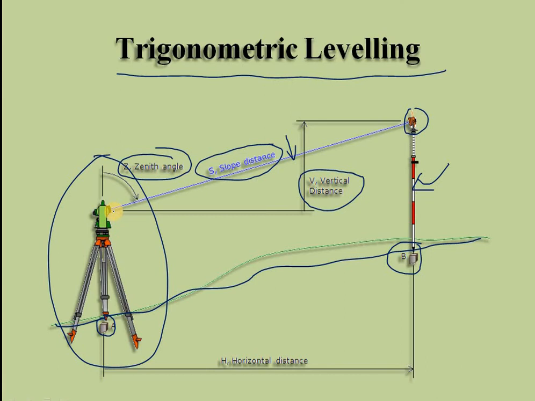The vertical distance V is derived from the horizontal angle. The horizontal angle is 90 degrees perpendicular, and on the staff at the point also 90 degrees. Based on these two points, the difference gives the vertical distance V. H is the horizontal distance, from the center point of the instrument to the staff, or to any object or structure height we are finding. The distance from the object to the instrument at the center point is known as the horizontal distance.